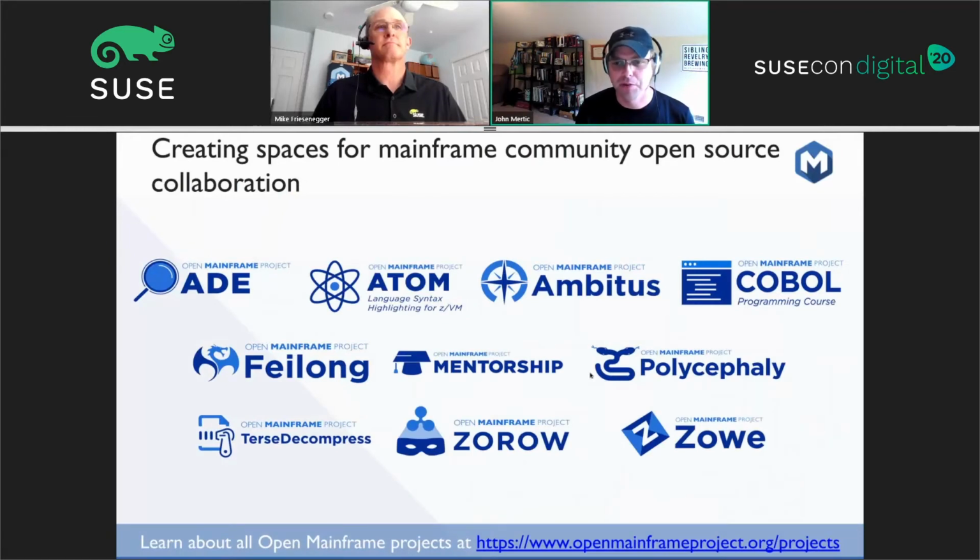So we talked about hosting projects today. We host 10, actually there are 2 projects missing from here that don't have their logos yet. So we're hosting 12 different open source community projects across the board, from Linux on Z, z/VM, z/OS, and then tooling that even spans multiples of them. All of our projects are open to the community to participate in. All OSI licensed, all areas that anybody can get involved with. You can learn more at